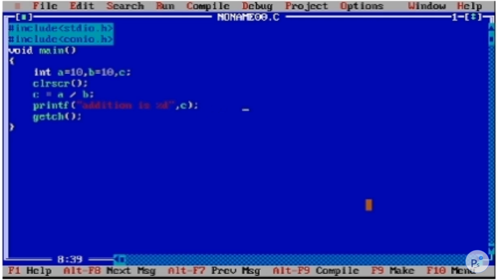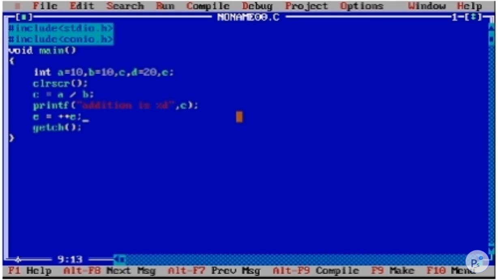So let's understand the unary operations that we talked about in the slide. Let me define another variable. Let's say d, and its value will be 20. So what we are doing is performing a unary operation. Now let me give another variable to store the result. Let's say e. So e equal to plus plus d.